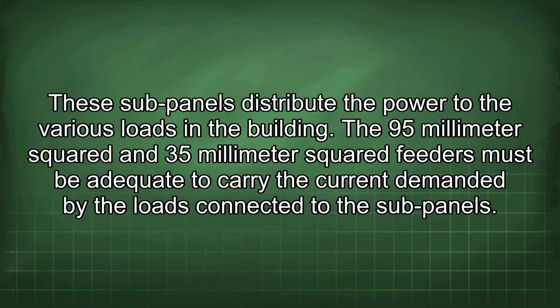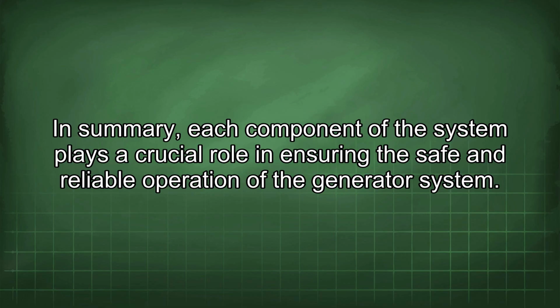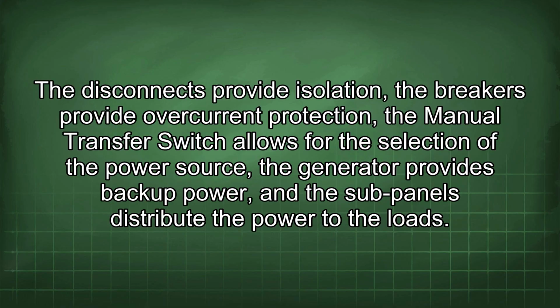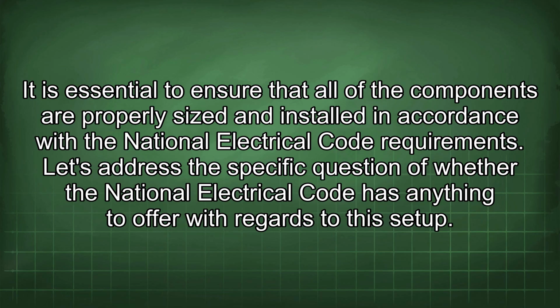In summary, each component of the system plays a crucial role in ensuring the safe and reliable operation of the generator system. The disconnects provide isolation, the breakers provide overcurrent protection, the manual transfer switch allows for the selection of a power source, the generator provides backup power, and the subpanels distribute the power to the loads. It is essential to ensure that all of the components are properly sized and installed in accordance with the National